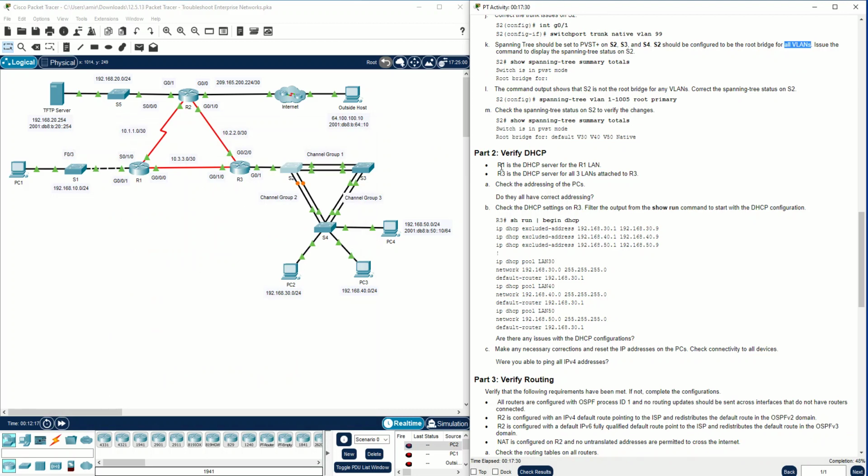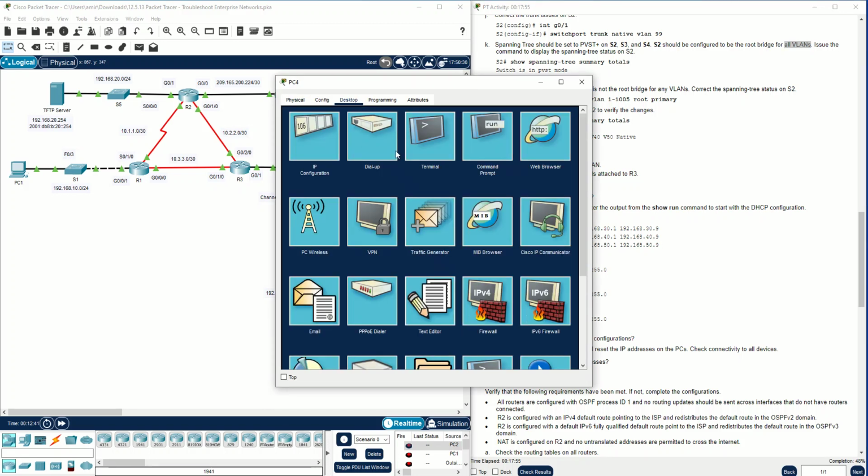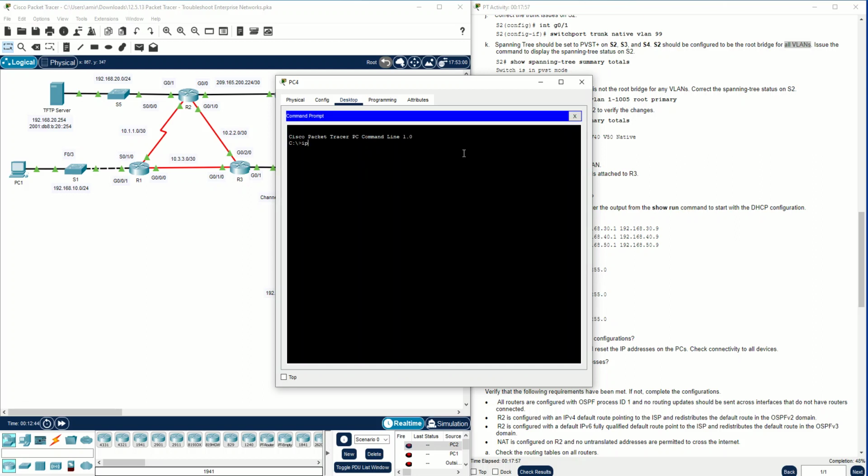Verify DHCP. R1 is a DHCP server for PC1 and LAN 1, and also R3 is the DHCP server for all three LANs attached to R3. You can see we have PC4, and this is LAN 4, LAN 3, and LAN 2 here, network address you can see. Check the addressing of the PCs. If you go to PC4, for example, you can go here, right here,